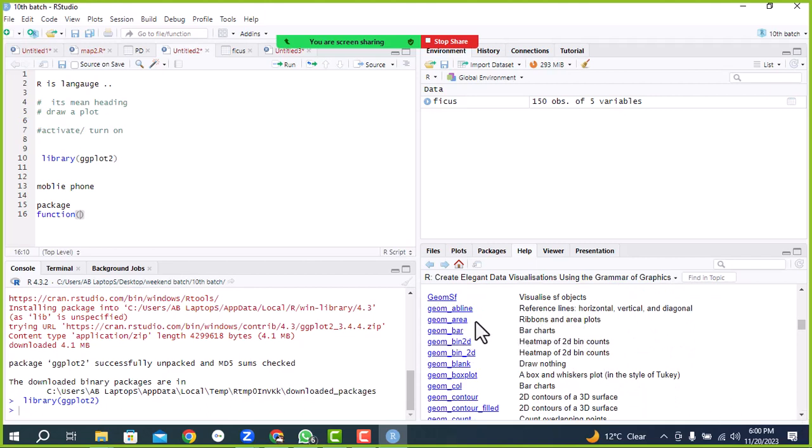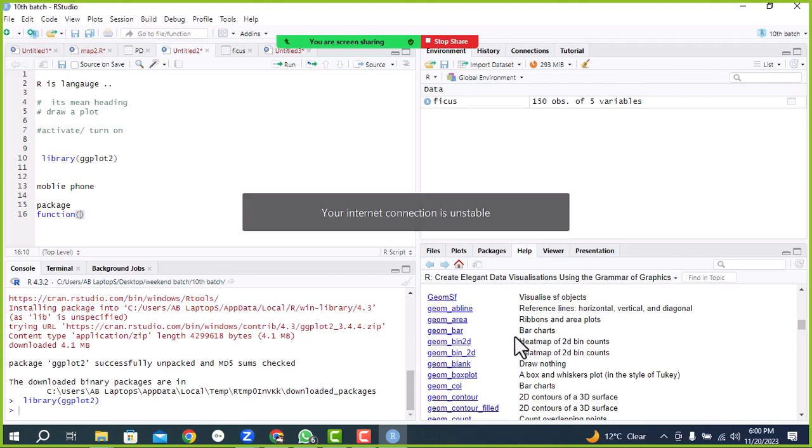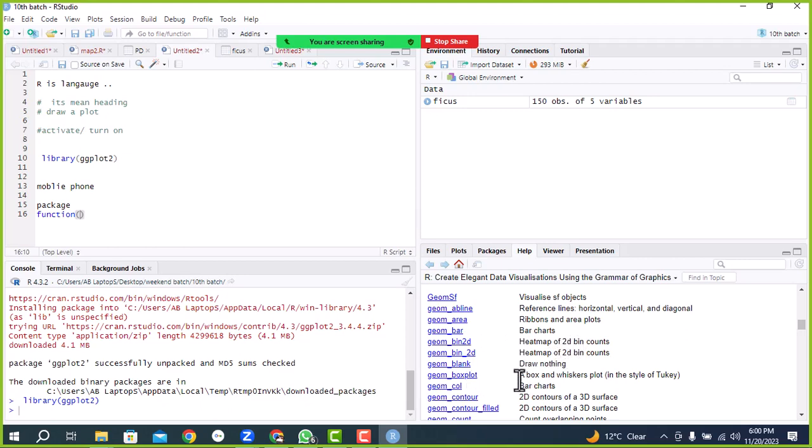You can use it for ribbon and area plot, geom bar, create bar graph, geom bind to heat map of second bin count, geom blend, geom box plot, a box chart. आपका प्लॉट यहाँ पे ड्रा हो जाएगा। अब आपने क्या करना है, आज जो आपके असाइनमेंट है या टास्क है, ये सारे कोड एक दफ़ा रीड करना है, इसमें कोई एडिट कुछ नहीं करना। असाइनमेंट क्या है, जस्ट discuss आपने ये plots जो वेबसाइट है ना, सारे कोड्स को एक दफ़ा रीड करना है।